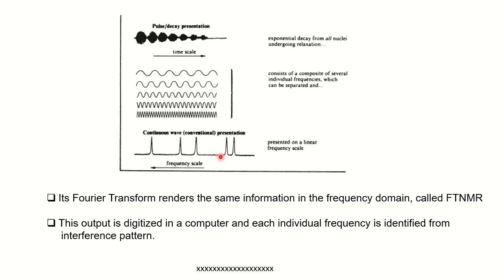And regarding the NMR instrumentation, if you get any question, you can write down and draw these two diagrams, where one is a block diagram related to the radio frequency source, magnet and detector. Other is this interference pattern, time domain signal and frequency domain signal. So these two diagrams are important for instrumentation, and a few statements to explain it. I hope you understood the instrumentation and principle of NMR.